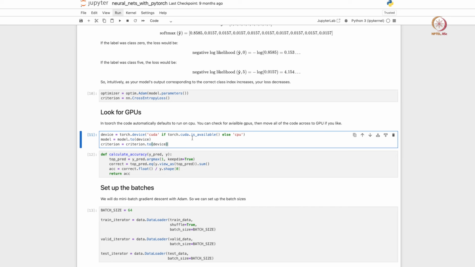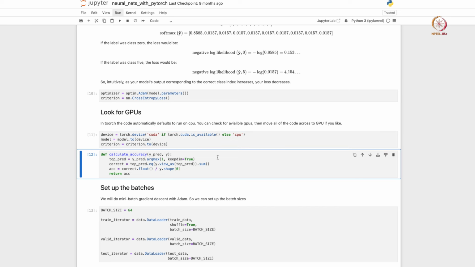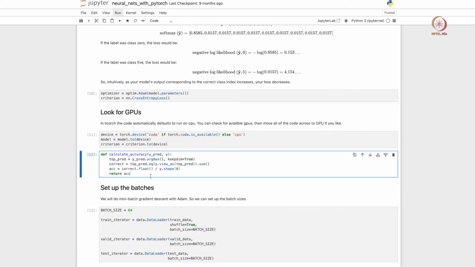What this cell does is, it looks for a GPU, and if it is there, it declares that as the device where the calculation should be done. So model fitting, model predictions and so on will be done there, but if there are no GPUs available, then the model will run on CPUs, right. That is what this cell block is doing.